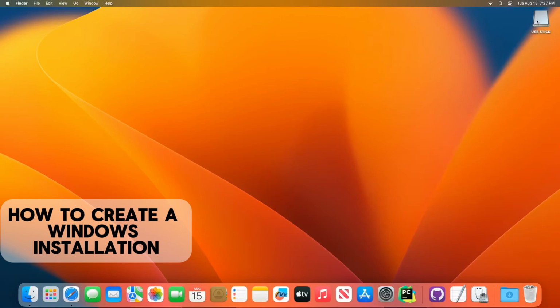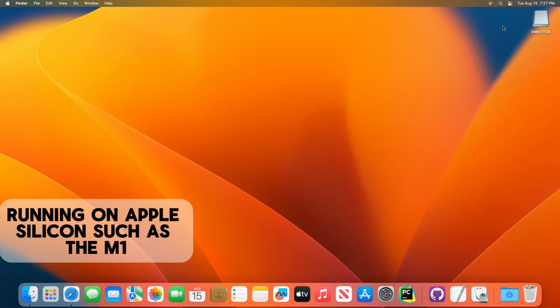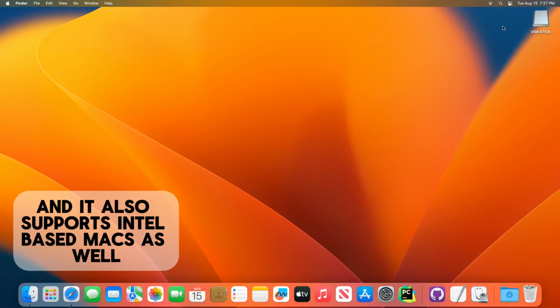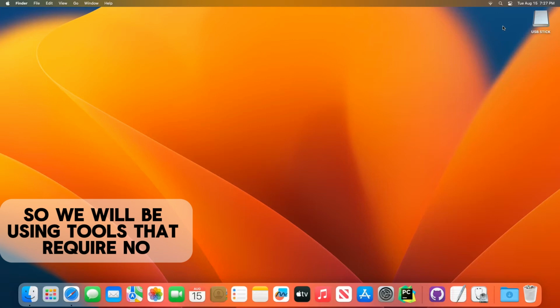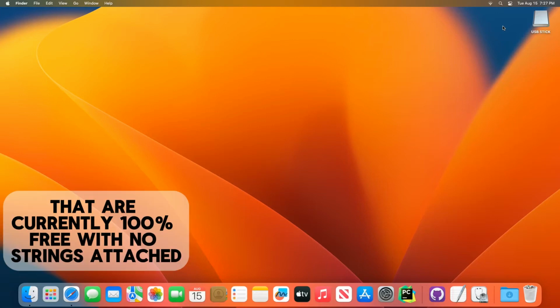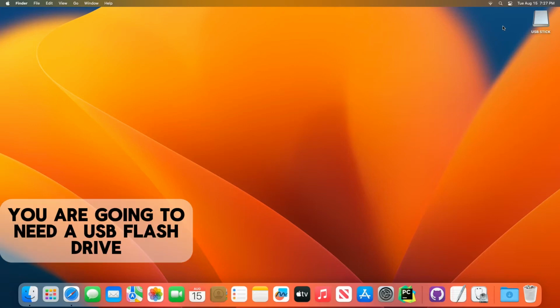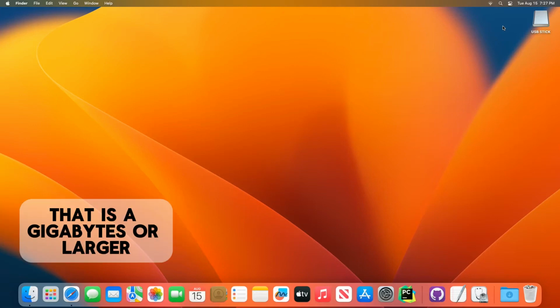Today I will be walking you through how to create a Windows installation USB on a Mac. This method supports Apple devices running on Apple Silicon such as the M1 and M2 processors, and it also supports Intel-based Macs as well. So, we will be using tools that require no terminal interactions that are currently 100% free with no strings attached. For this process, you are going to need a USB flash drive that is 8 GB or